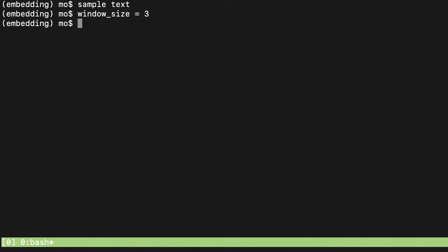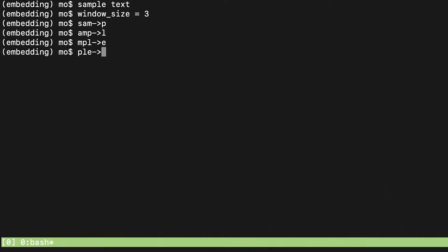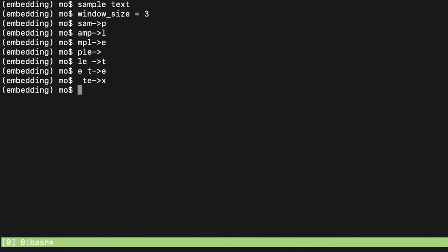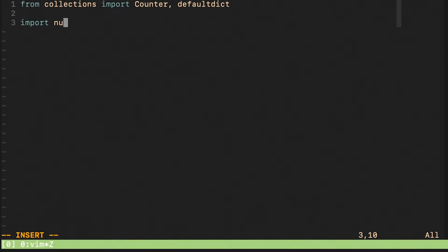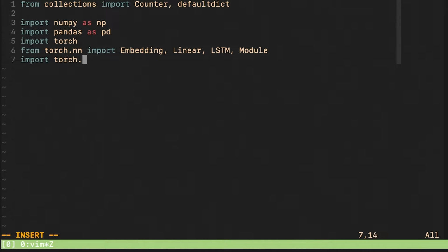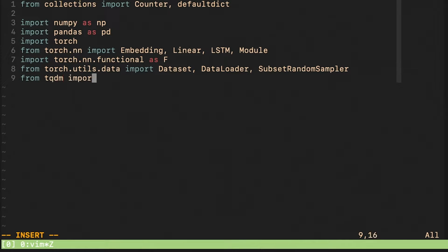Alright, and now this is how we proceed. So we always take 3 characters and we try to predict the next character in the line. Note that this can be seen as a classification problem, and that's exactly the setup we are going to use. We will have a separate embedding vector for each character. These character embeddings will be fed to an LSTM network, and finally we will add a classifier as the last block of the network. Anyway, let's start coding. Let us start by creating the custom dataset I just described.